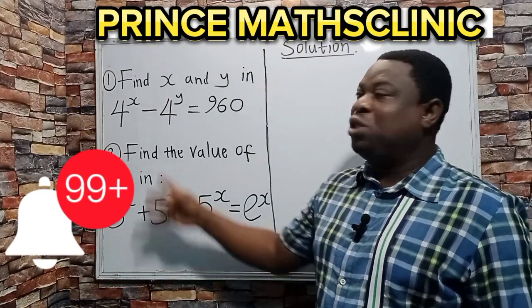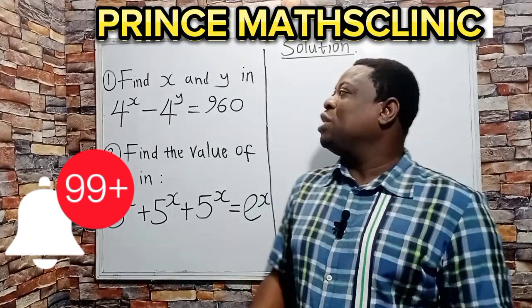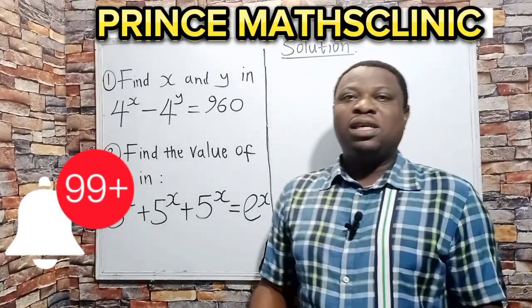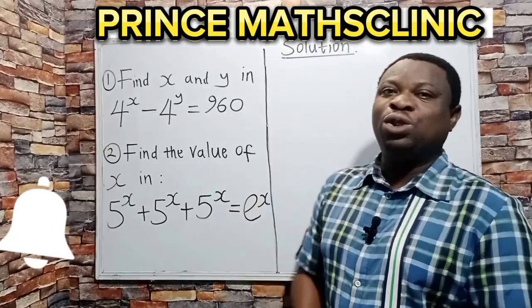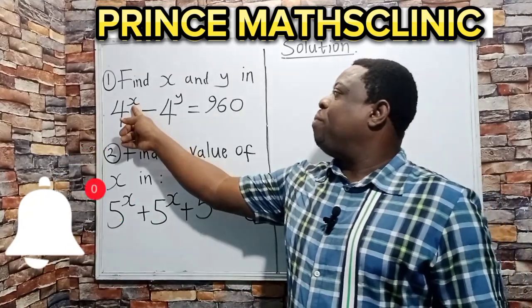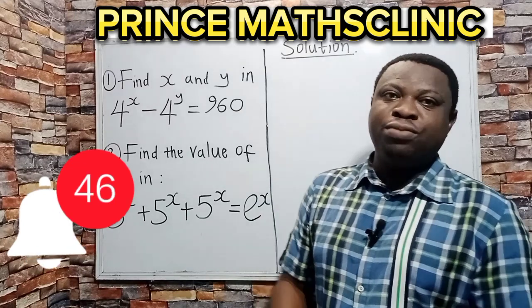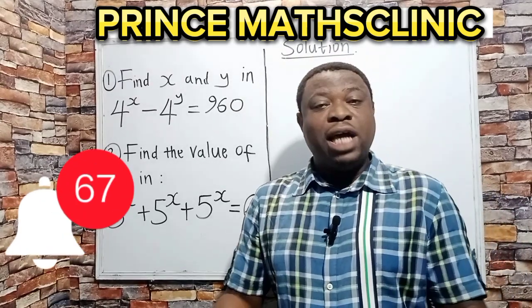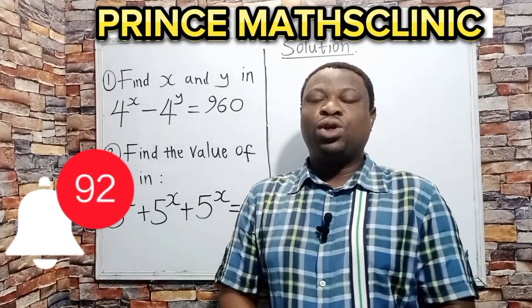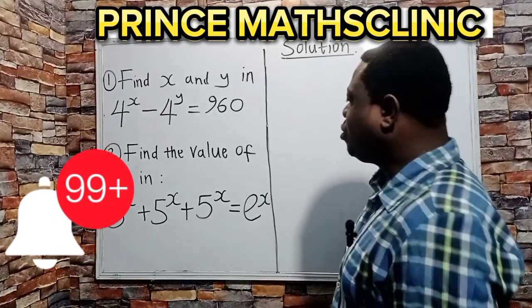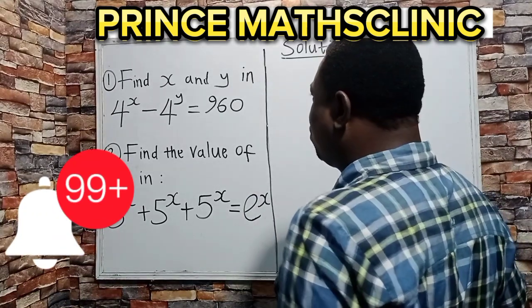Here we are going to be treating this exponential equation. It's called an exponential equation because the powers are variables. Whenever you have powers to be variables, we say they are what? Exponential equation. So, looking at the first question,